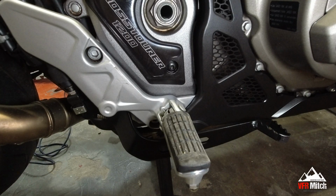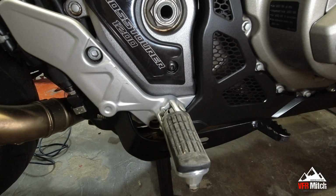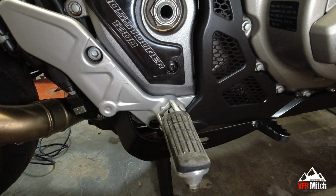Now we're over to the other side of the bike, and it's the right hand side, the rear brake side. This side for the DCT is a little more difficult because you've got to take into consideration the brake pedal, which may need some adjustment as well. I'm going to change the peg out, put the adapter in, put it all back and just see where the rear brake lies. I've a feeling it is going to need some adjustment, but we'll come to that in a minute. First thing I'm going to do again is to take the